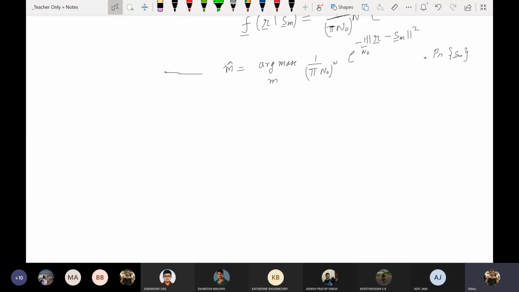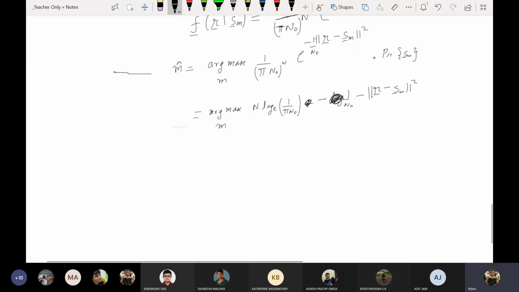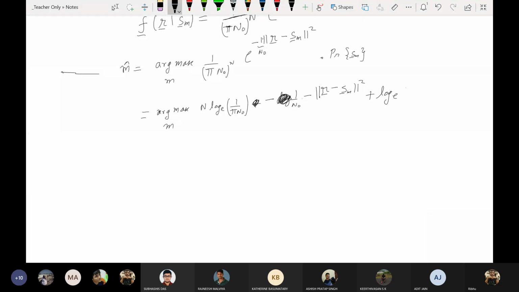So since log of x is monotonically increasing for non-negative x, this equals arg max over m of n log, minus 1 by n naught times, minus